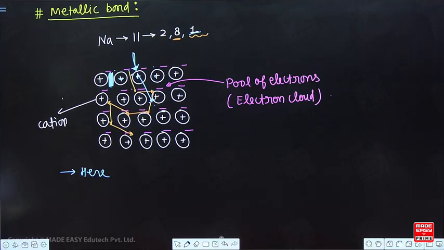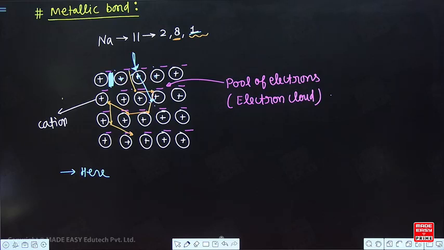Full stop. They may be thought of as belonging to the metal as a whole,